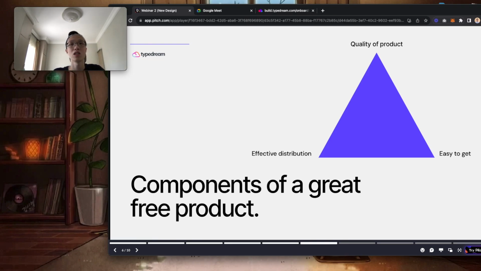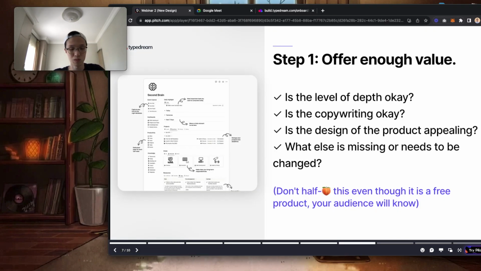So how do we approach this? Step one, we have to offer enough value. That freebie, you cannot half-ass, because even though it is a free product, as I mentioned before, it is a stepping stone for you to sell your paid product to others. So put effort into this. Make sure that the level of depth is okay. For example, with Notion templates, it has to be detailed enough. It has to offer enough value